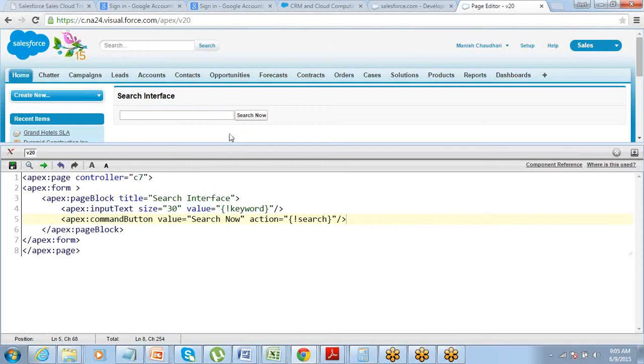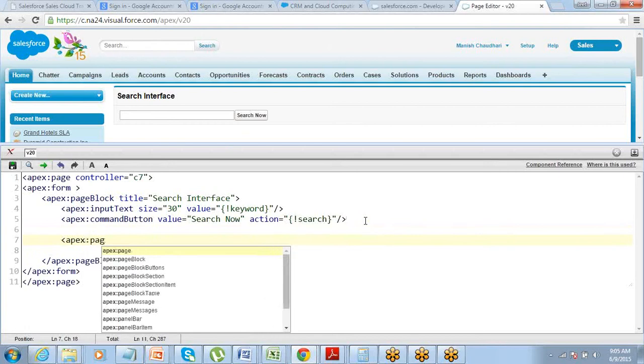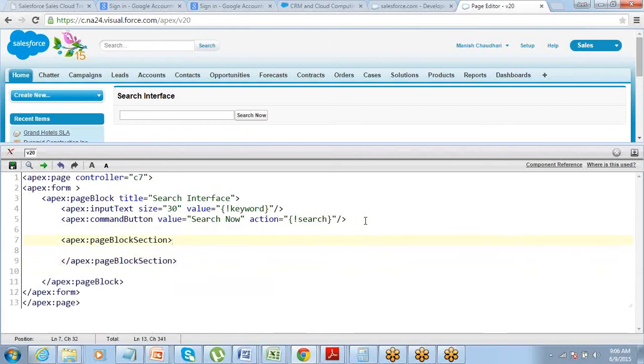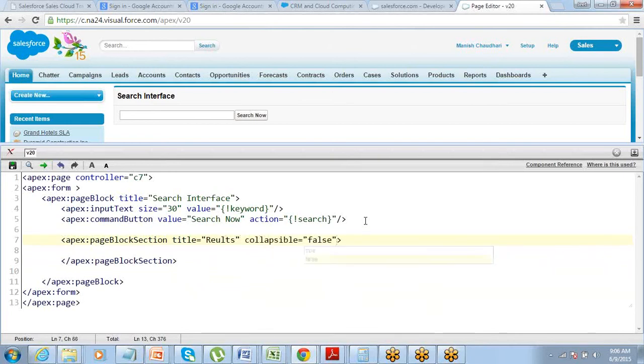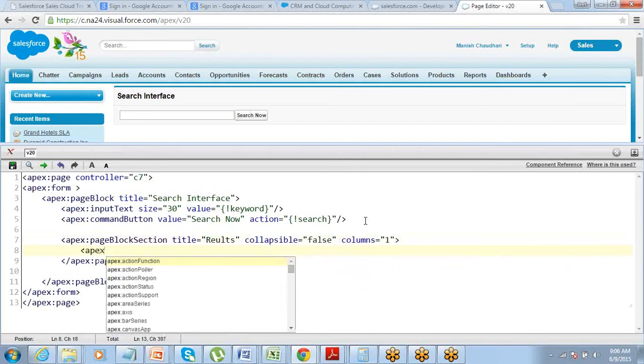Now the next thing that we'll have to do is go ahead and create a table to display the results, right? Apex page block section, Results, and collapsible equals false, columns equals 1, apex page block table.